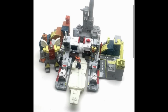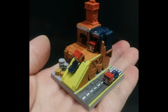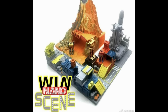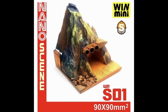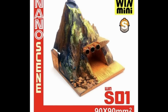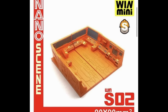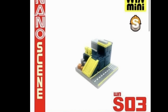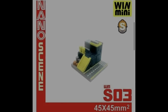Talking of small Transformers, these mini tiny Transformers that were shown over on Weibo. People are asking me who these are made by. I think this is made by NANO Scene. I think they're also 3D printed, and they put a massive scene together. Really cool little scene. And now there's even the Micro Master bases that look pretty accurate to their G1 selves,